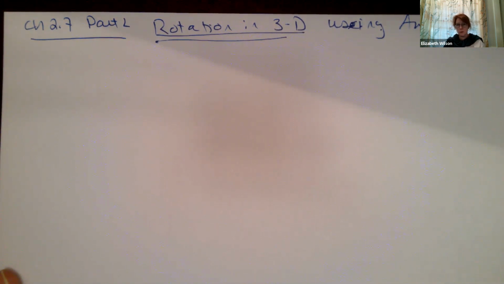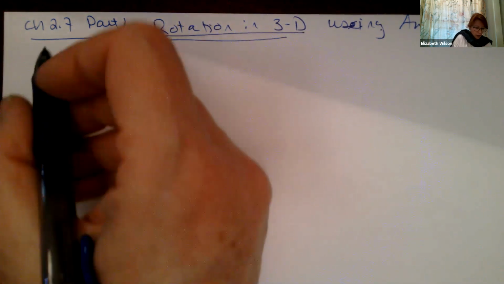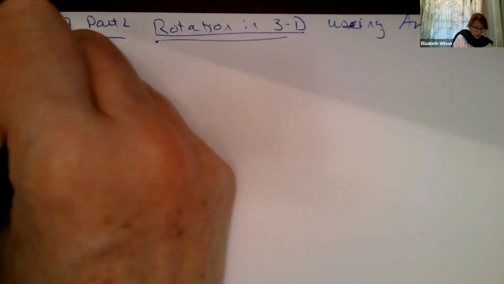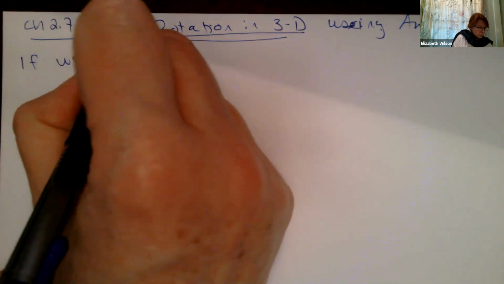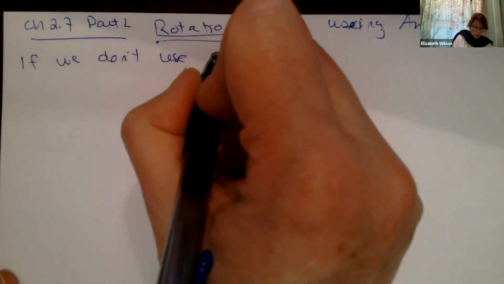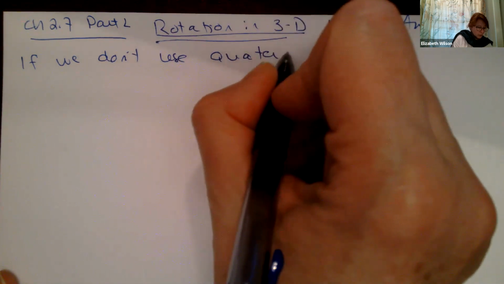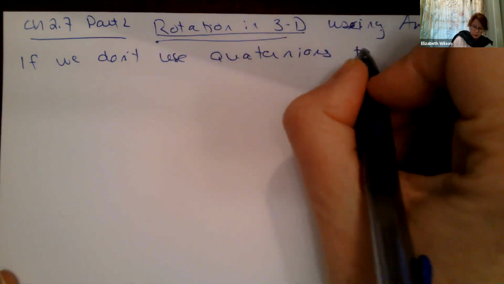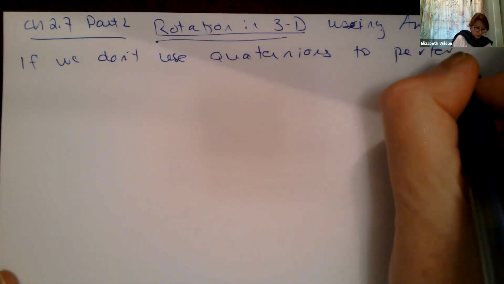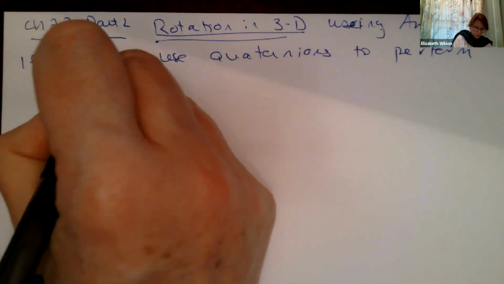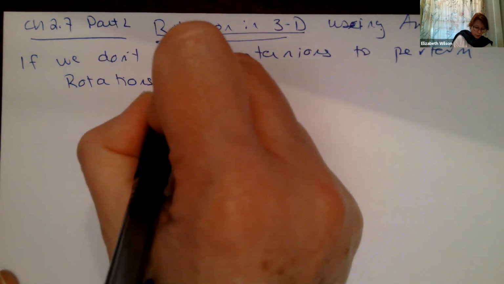You have problems where we can end up erroneously, mistakenly canceling one of our degrees of freedom. Okay, so let's remind ourselves, if we don't use quaternions to perform rotations in 3D,